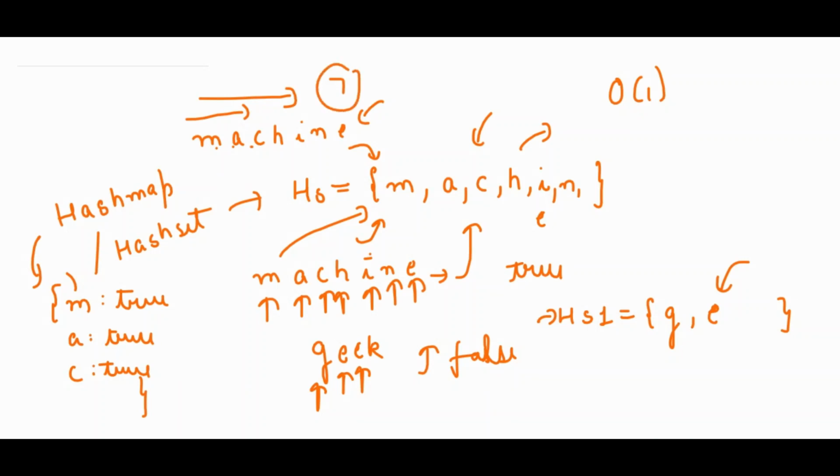If the size of the string is n, then n elements have to be inserted, and one element insertion takes big O of 1 time. So n elements insertion will take big O of n into big O of 1 time, which is equivalent to big O of n time, right? So the time complexity will be big O of n, because we are inserting and also checking simultaneously.